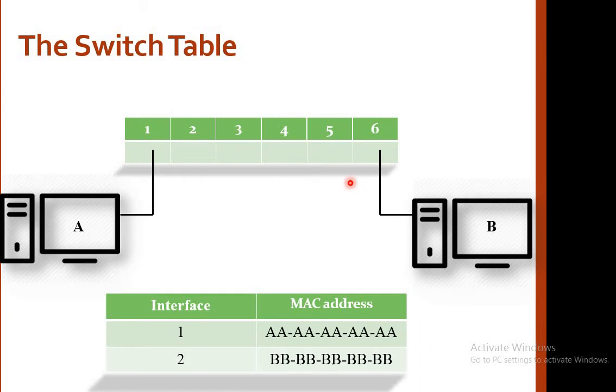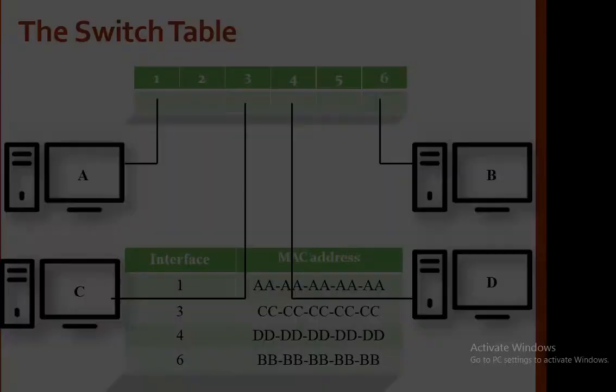Now this is a switch table given to us. Now what will the switch do? This is your switch, actually a physical switch. In the switch we have connected various devices, and in the switch the MAC addresses of the devices are kept. So for the first interface, this is a MAC address, and for the second, this one is a MAC address. So the MAC address of the first is AAAA and for the second it is BBBB.